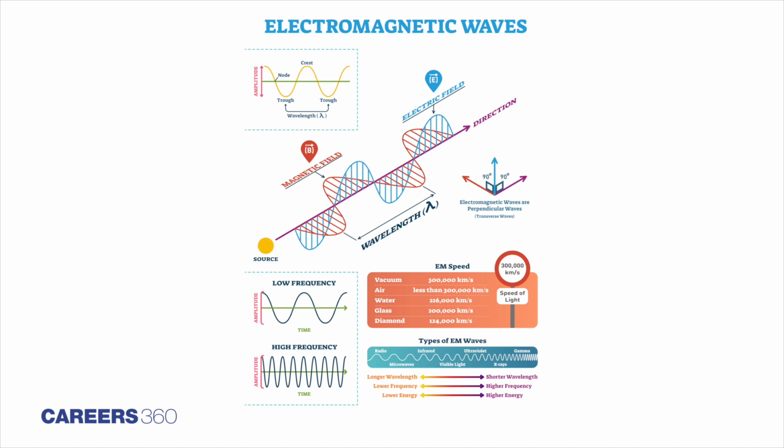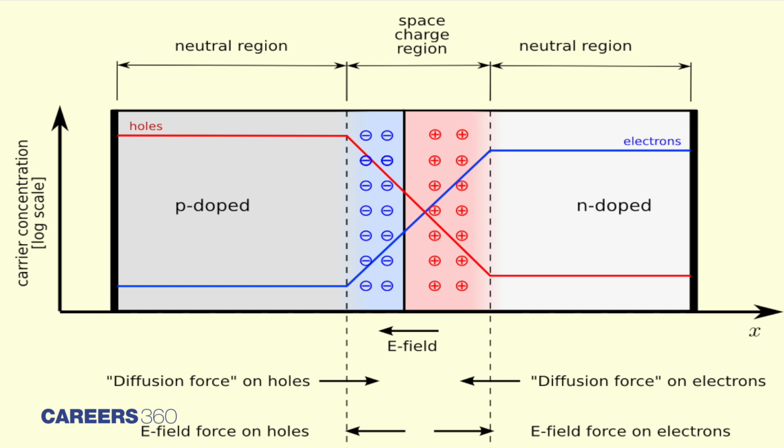It is a very important topic that an aspirant must focus on, as a lot of numerical and theoretical questions can be asked from this topic. Learn about its properties, for example, how the electromagnetic waves will oscillate perpendicular to each other. Apart from that, focusing on PN junctions, the diodes, forward and reverse diodes, and various circuits need to be studied